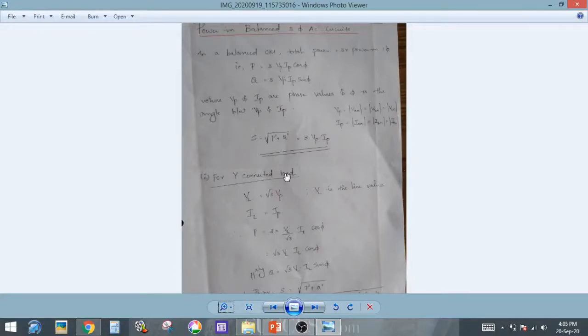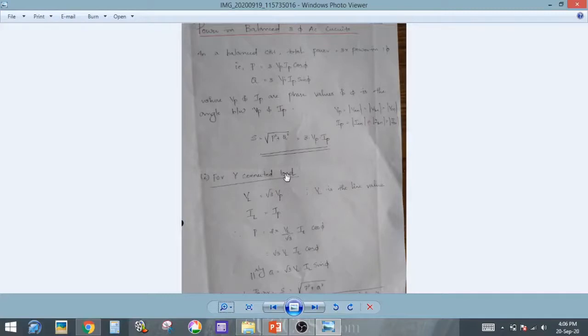So here I am representing it as Vp Ip cos phi. It is for a single phase circuit. For a three phase circuit, P equal to 3 into Vp Ip cos phi and Q equal to 3 into VI sin phi, where V and I are the phase values. Again, S equal to root of P square plus Q square. When simplified, we get the expression 3 into VI, that is 3 V phase I phase.